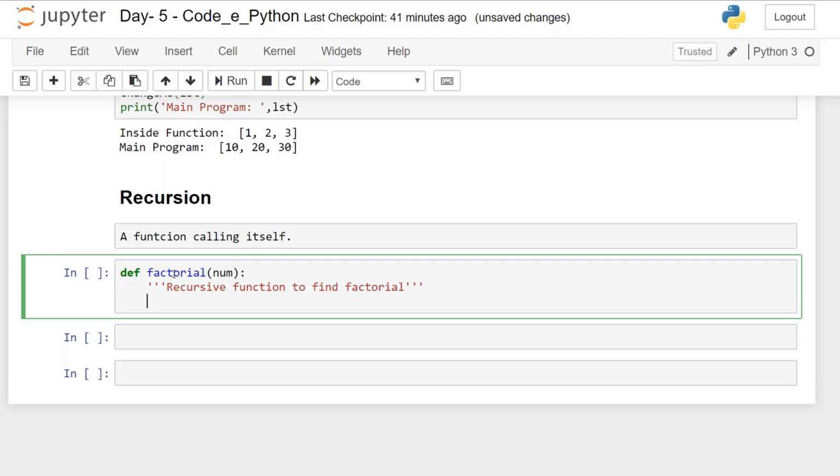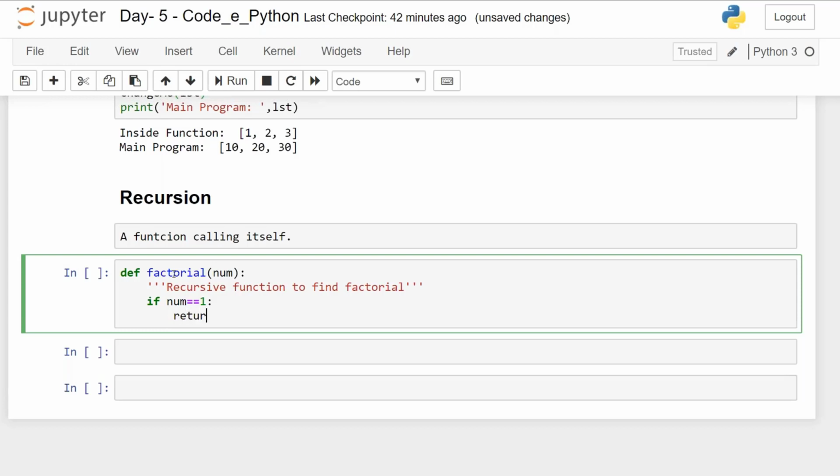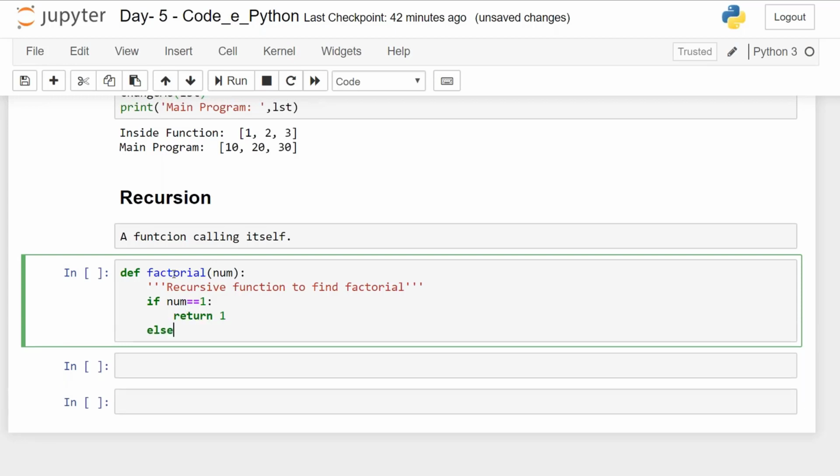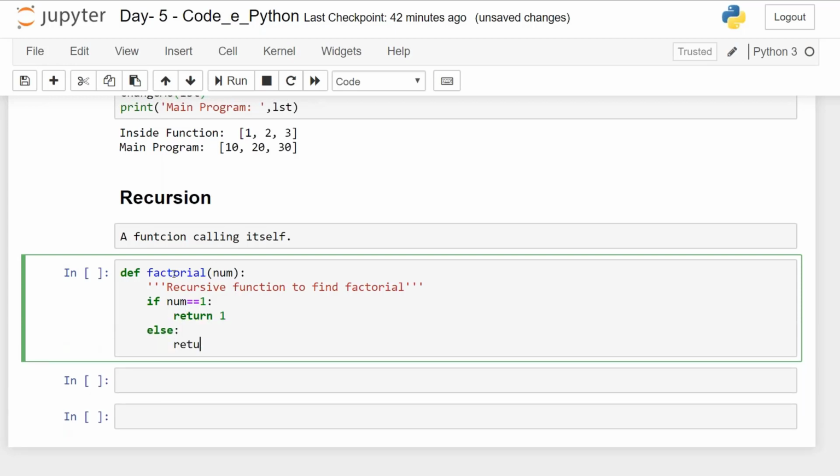Then if num equals 1, return 1, else return num into factorial of num minus 1.